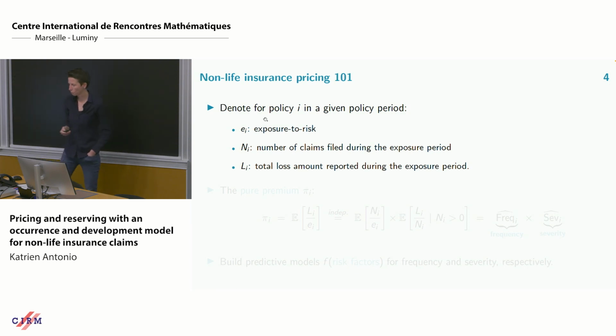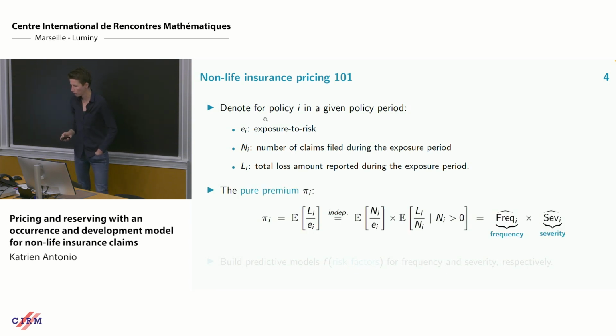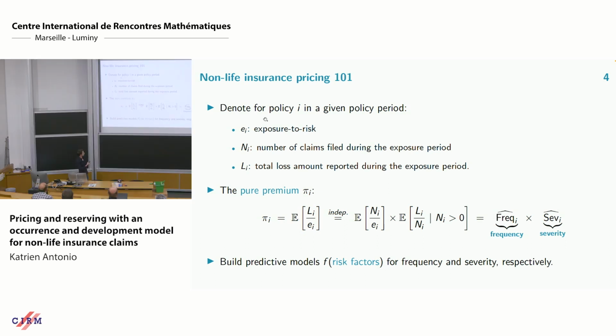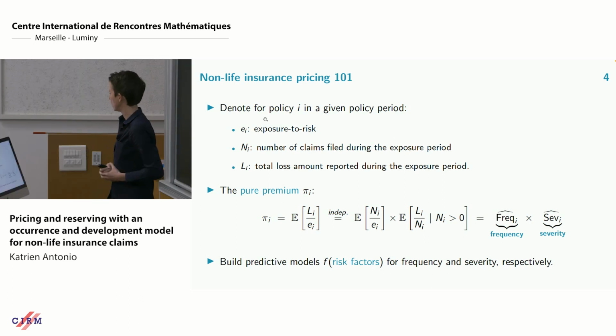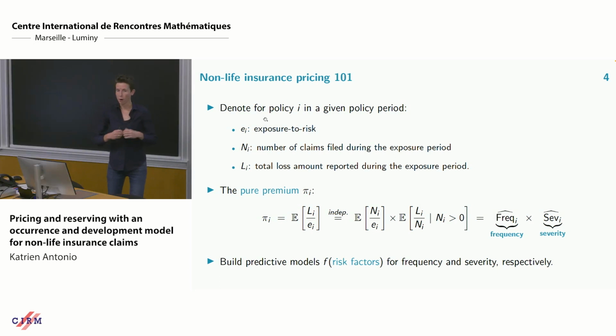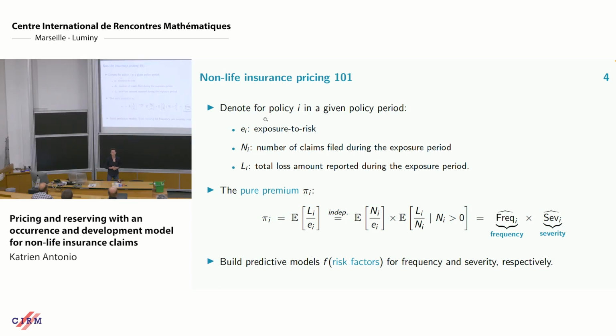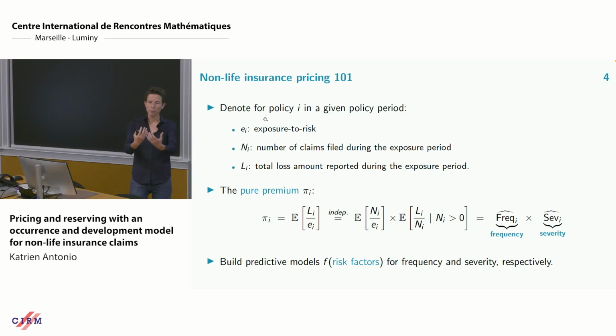If you look at technical pricing models and a frequency-severity decomposition, as I have it here on the slide, then the pricing actuary will try to assess, with a frequency predictive model and a severity predictive model, what the technical price or the pure premium for that policy or policyholder i should look like, right? So we try to make an assessment of how many claims we expect to happen over a future exposure period, and for those claims that happen, what we think will be the average financial impact of those events.